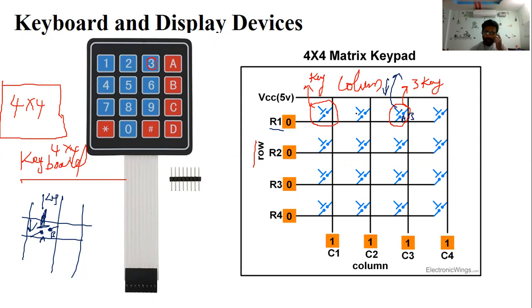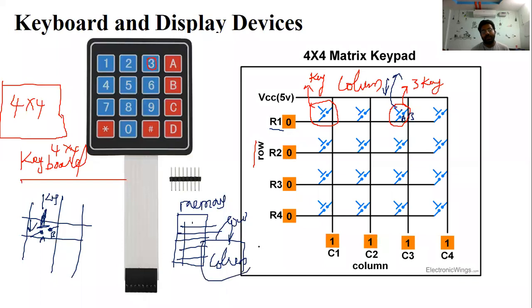So you know that even our addressing is similar. In our microprocessor memory, the address is also like rows and columns. Memory address is divided into rows and columns. First the microprocessor identifies the row address, then the column address. Similarly, the inner structure of the keyboard is like this.